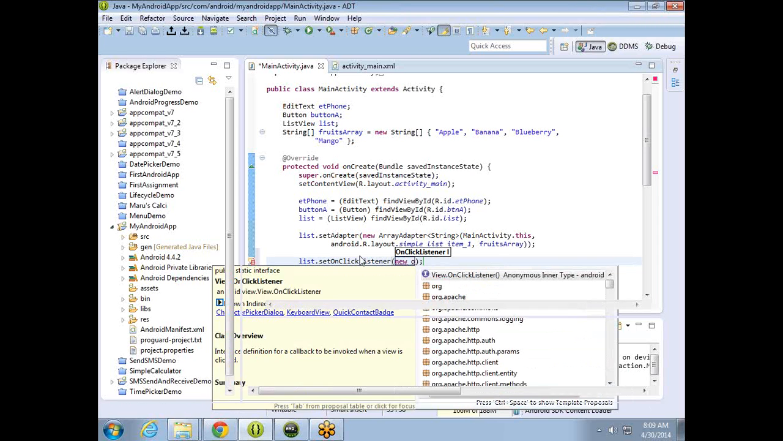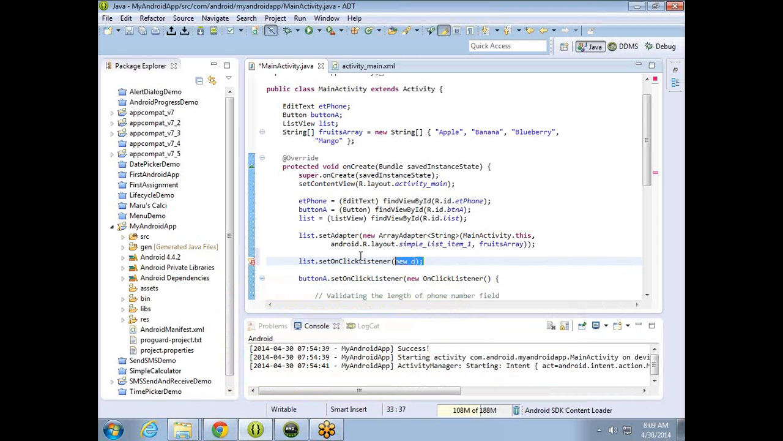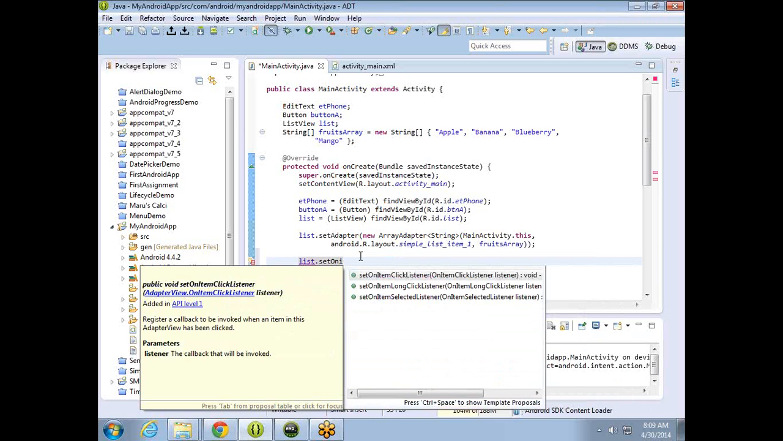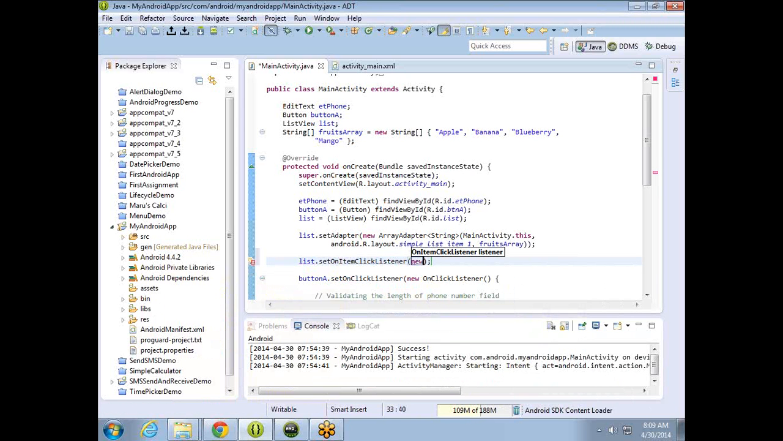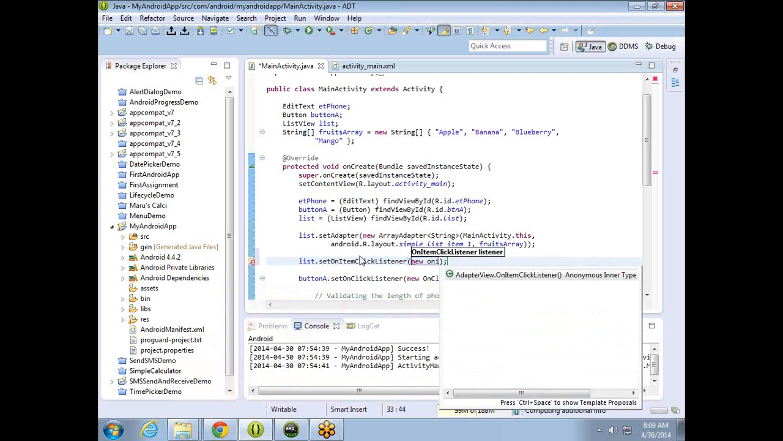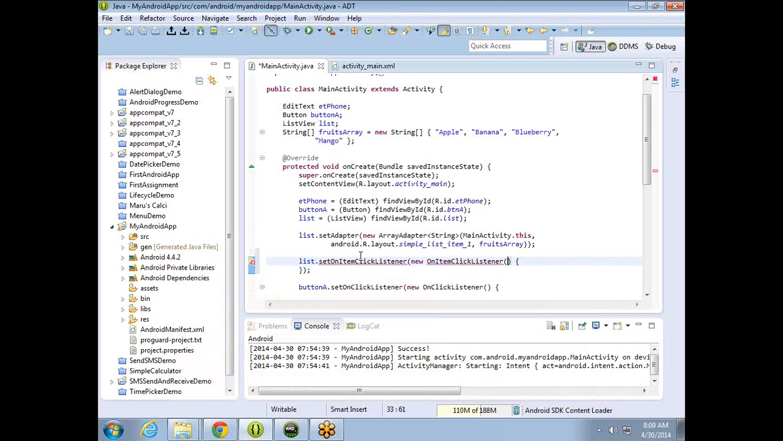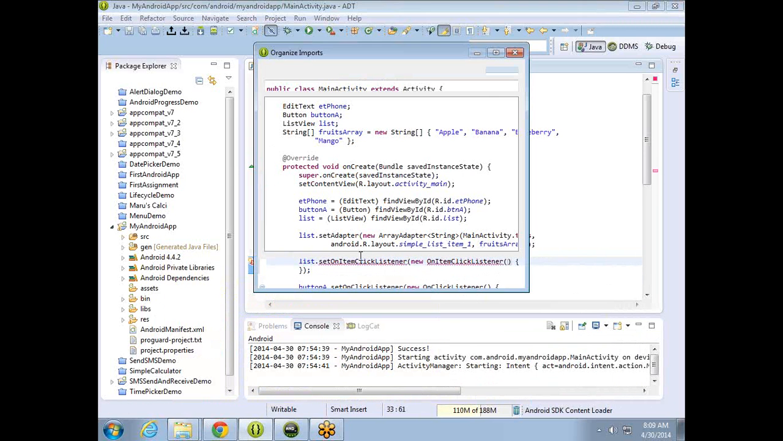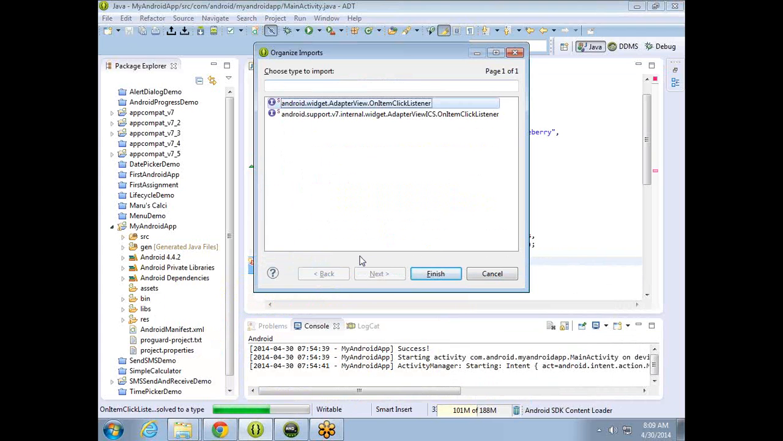Okay. By mistake, I initialized the set on click listener. You need to initialize set on item click listener. Yes, and on item click. New on item click listener. And Control Shift O. Use the first one itself,